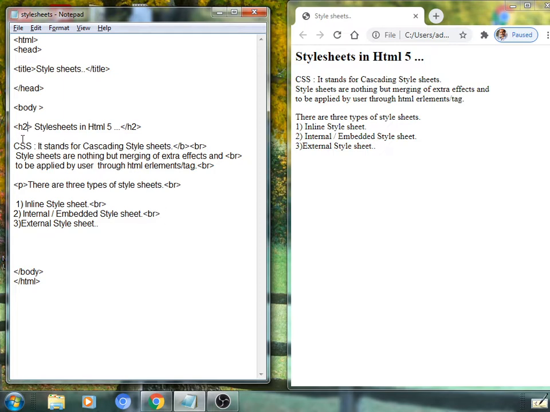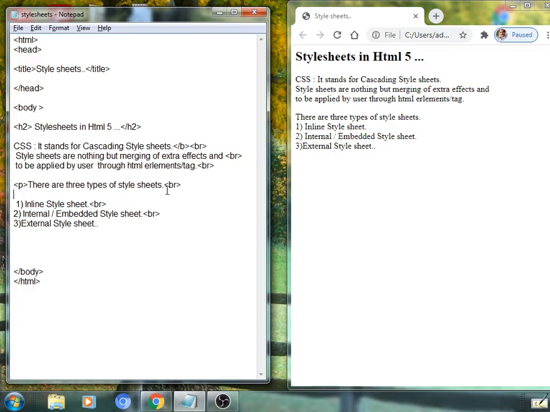In the body section a user can apply any tag, like we have applied here h2 and paragraph. Same way you can apply any tag, and within such a tag you should place a word called style, which defines the actual type of style sheet.